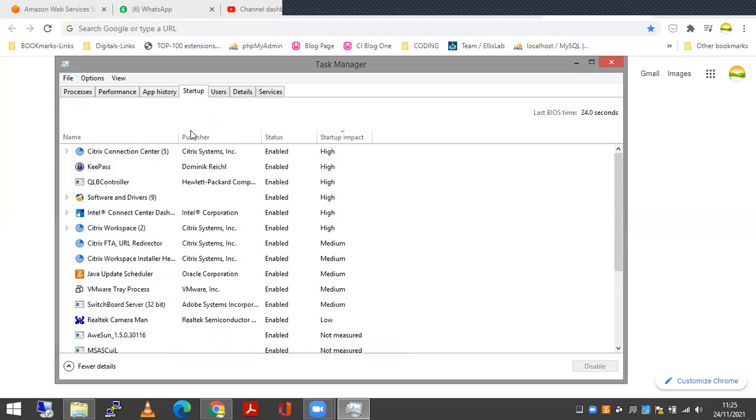Now the Startup tab shows how much startup impact each application has on your system. Citrix is a very bulky app and consumes more resources, that's why it is showing startup impact high. KeePass is also high. Most of the secured applications show high startup impact.